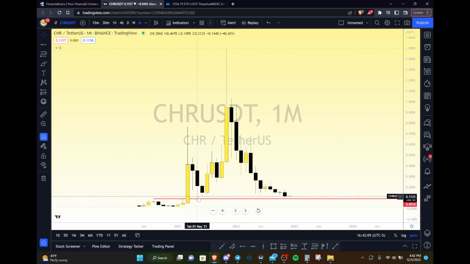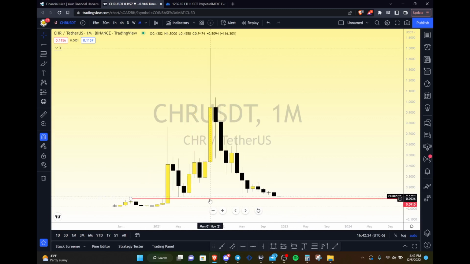We're actually fighting at another monthly level right here. I'm not going to put a red line here because I believe it's really close to this monthly level. We'll see how it looks on the weekly. Maybe I'll put a horizontal ray there to highlight where we're trading. And then off of the monthly,